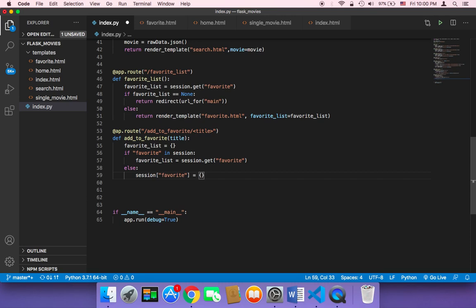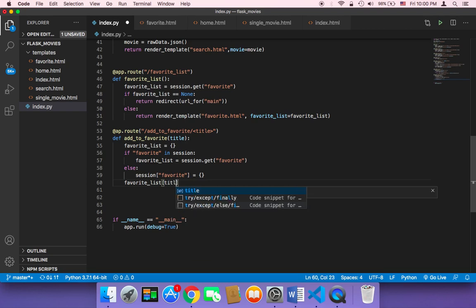And finally, we just need to store that movie in the favorite list. So I'm going to store this movie in the favorite list. We need to push it to the favorite list. So to add a new key and value to the dictionary, we just say here title equals title,